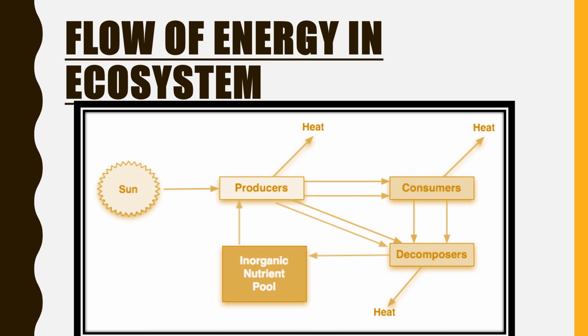When plants are eaten by herbivores, the energy stored in them is transferred to the herbivore. Again, herbivores use some of the energy for their activities and store a part of it in their body. This stored energy is further transferred to carnivores when they eat the herbivore. Then what happened? One organism eats the other organism. Energy passes on from producer to herbivore, herbivore to carnivores.